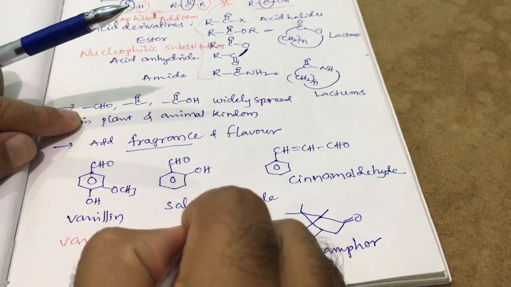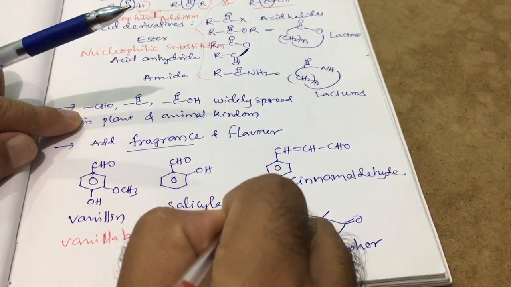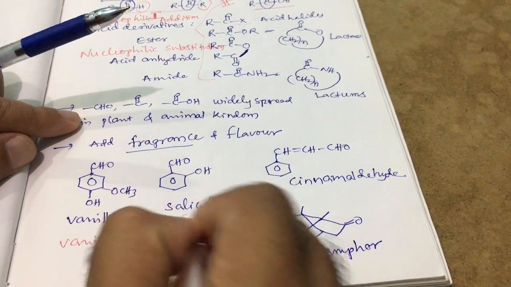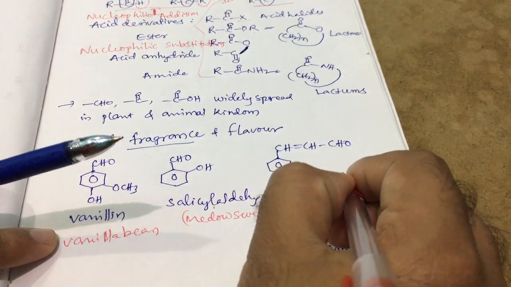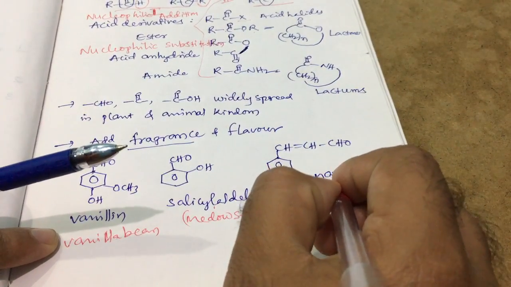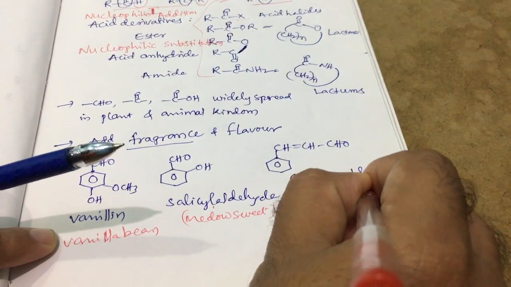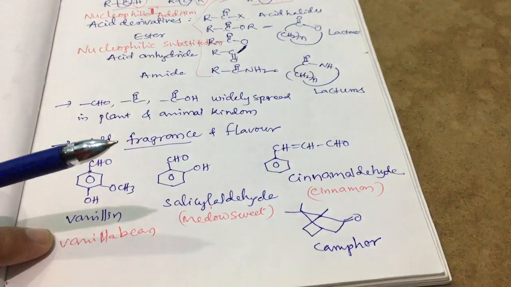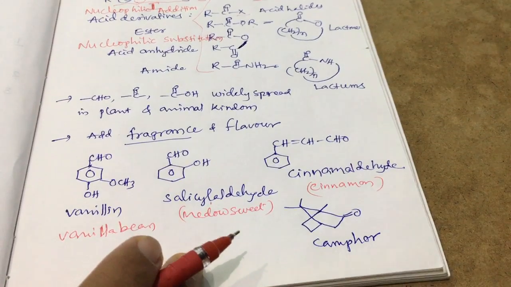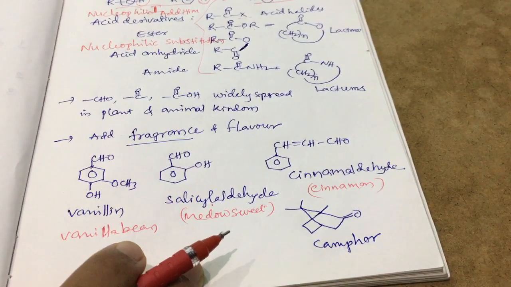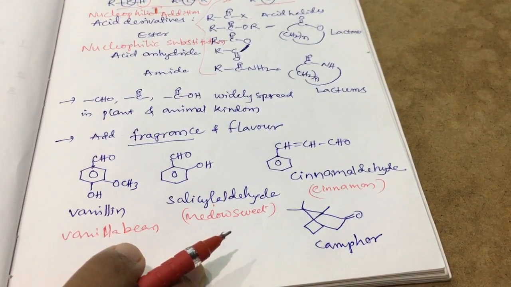Next, salicylaldehyde is extracted from meadowsweet. These are some of the plants from which they are extracted. Cinnamaldehyde is also extracted from one of the plants called cinnamon. It has a cinnamon flavor. All these are generally used in some food materials, perfumes, inhalation, ice cream, drugs, like